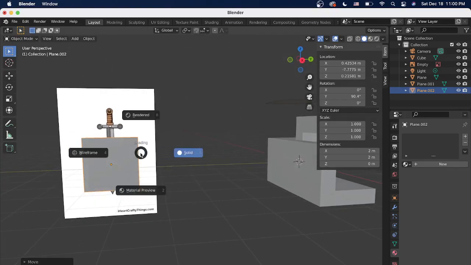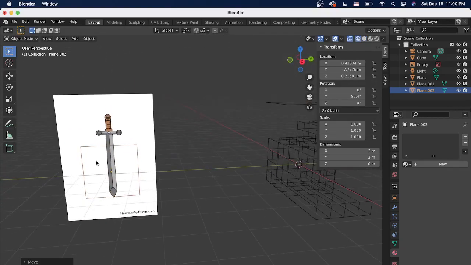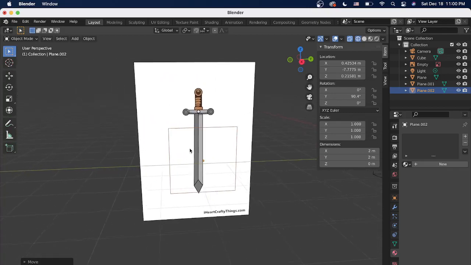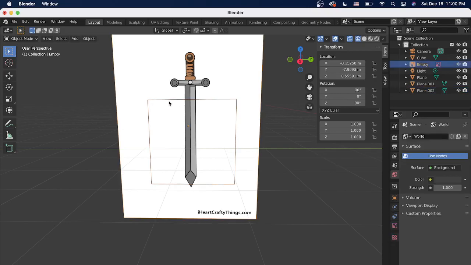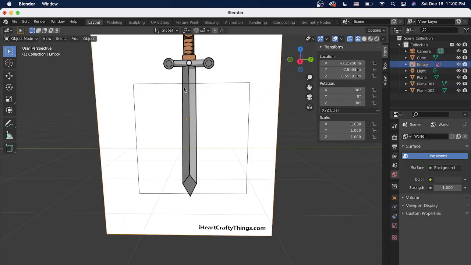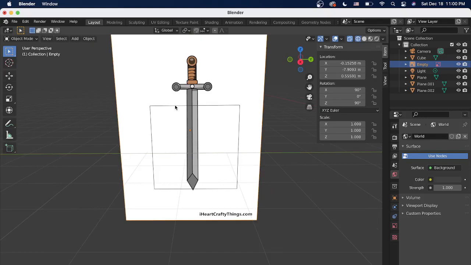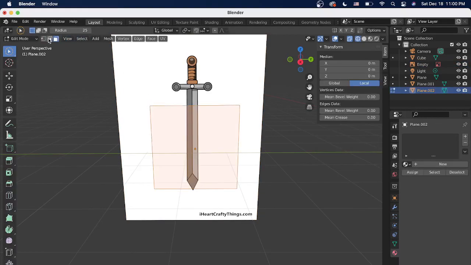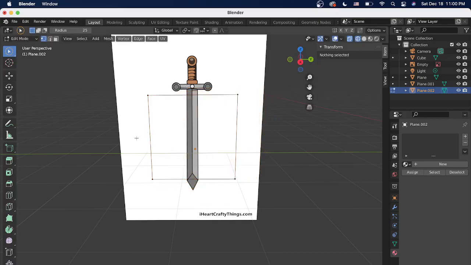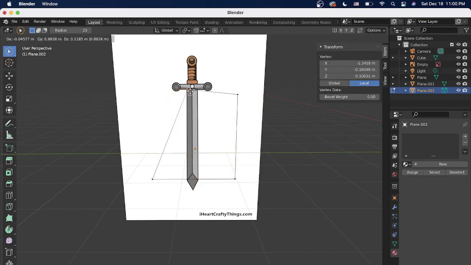Sometimes it's easier to work in wireframe mode when you have a structure, and now I can see the structure easier. And so what I would do to start with this is I'm going to start in edit mode, go to the vertex select, and then I can drag these vertices with G. Just make sure you have one vertex selected at a time, and I can move it to where the points are on this